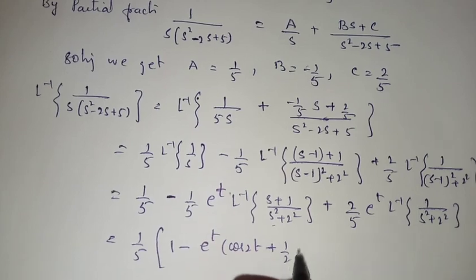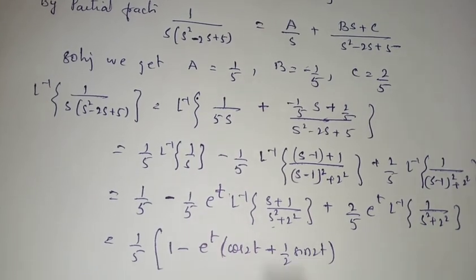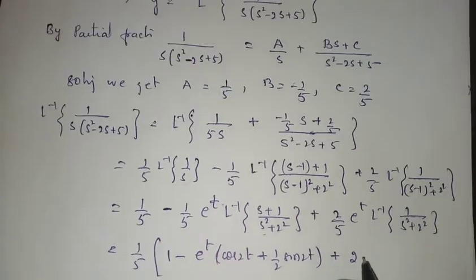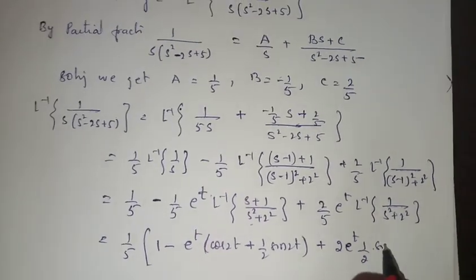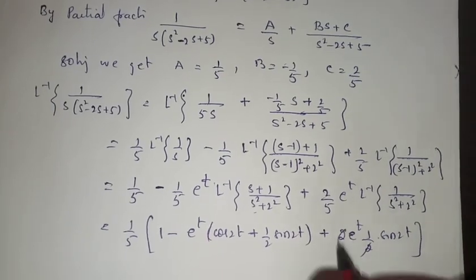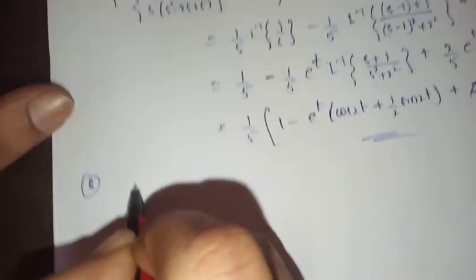plus 1/2 sin 2t plus 2 into e to the power t. This is 1/2 into sin 2t. This is your solution. The next one,